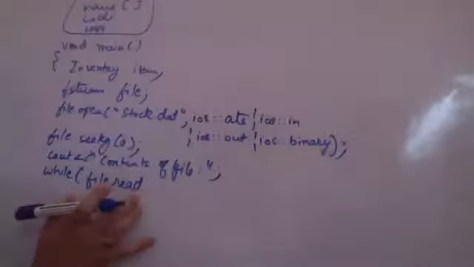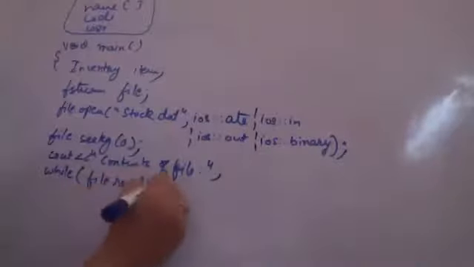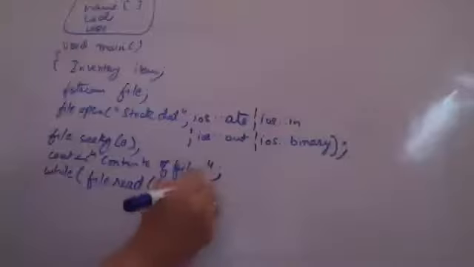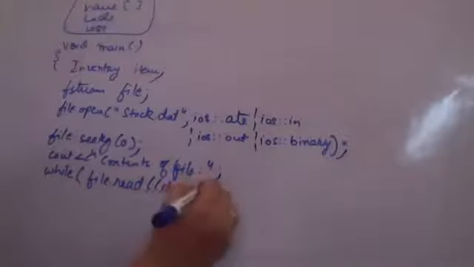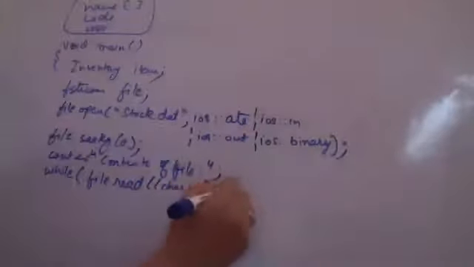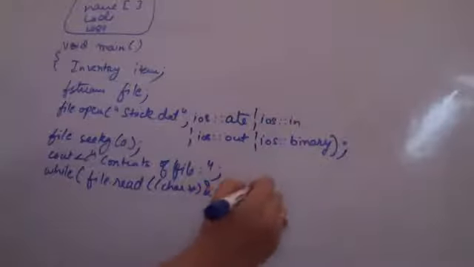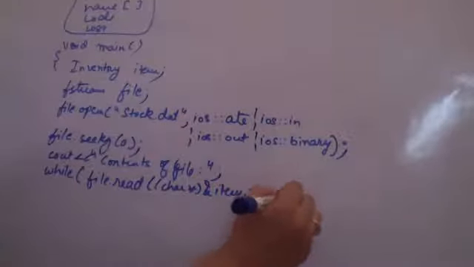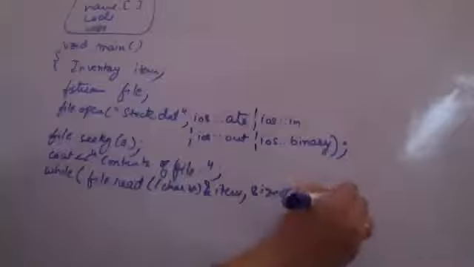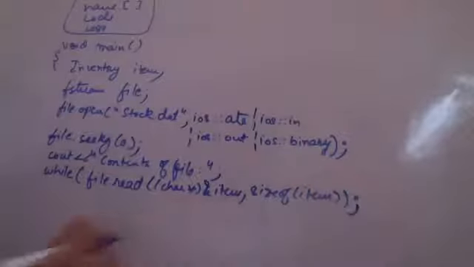If the read or write fails, it returns a 0 value. So I'm calling file.read. I am doing the typecasting here. अब मुझे कितना डेटा रीड करना है आइटम के साइज का. So आइटम में I want to read the data and size of also I am giving for item. Single object, single item I want to read from the file.